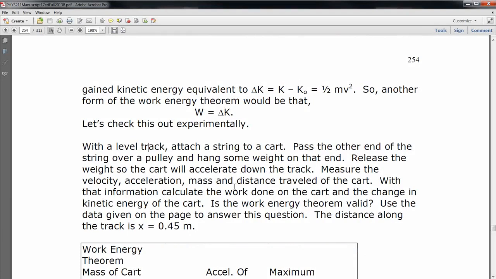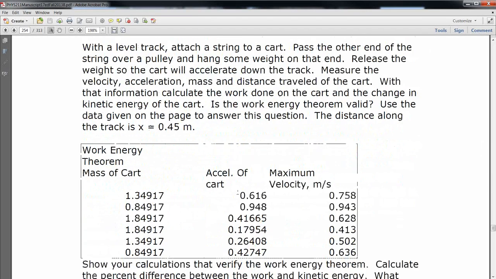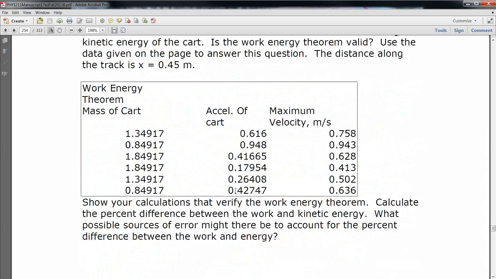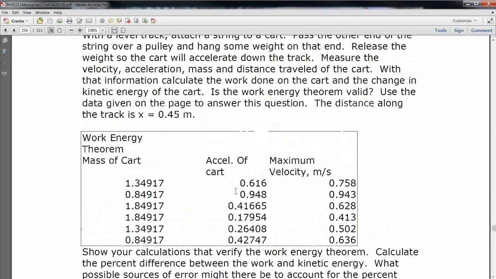As we saw this week, the definition of kinetic energy was 1/2 mv squared, and the definition of potential energy for gravitational potential energy was U equals mgy. So I've collected some data, and it shows here on page 254. Okay, and it says